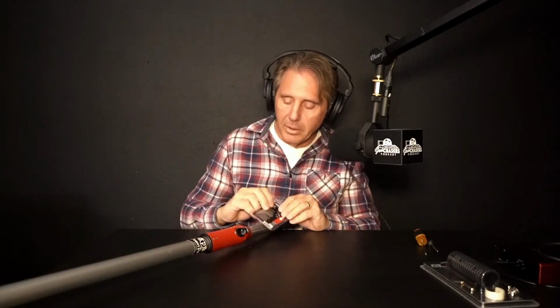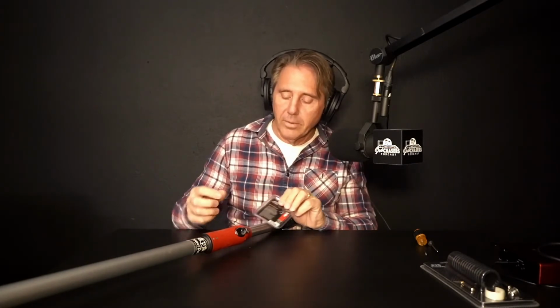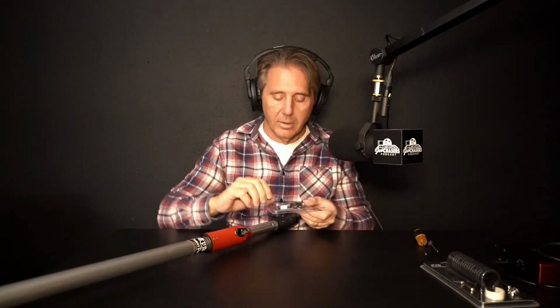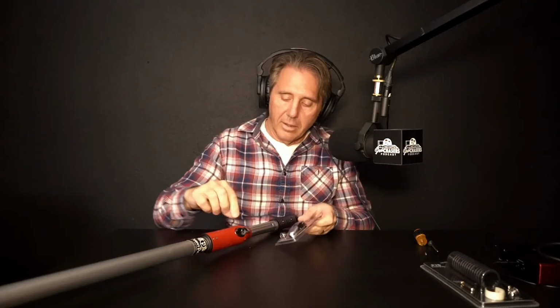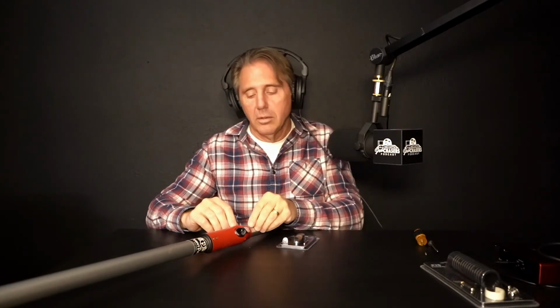So with a hammer and a punch, you can pop the pin out this way, and literally just remove the spring and the lever. It's a conical spring, and it has a place where it seats right there, and there's a corresponding seat on the bottom side of the lever. It's very self-explanatory. You can just place the spring in there, put the lever on, put the pin back in,